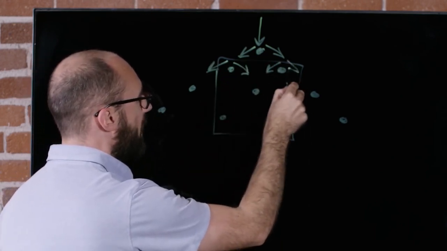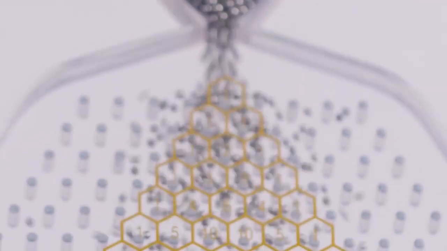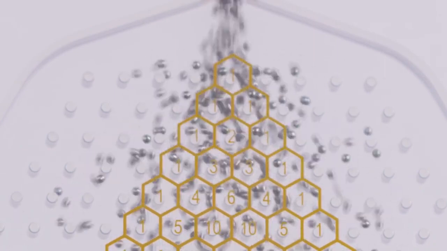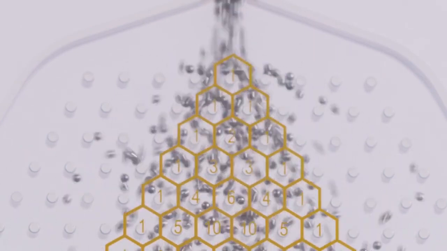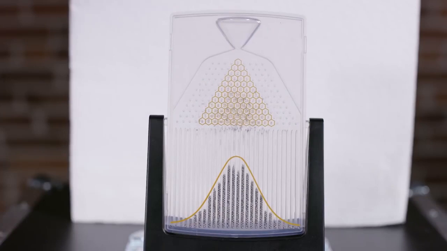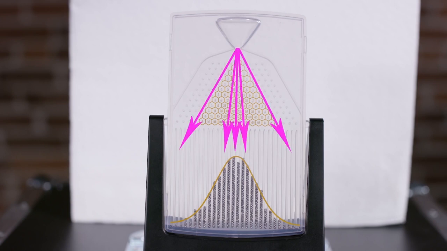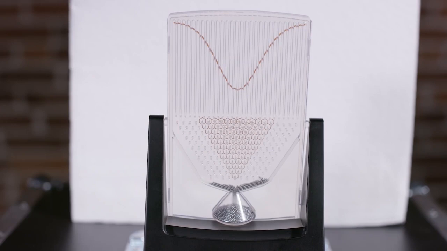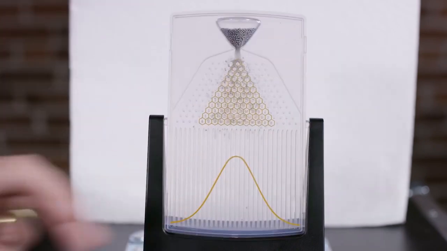Left or right. Now, because at each peg a left or right bounce is equally likely, in the long run, across a large number of trials, we expect balls whose complete paths contain about the same number of left and right turns to be the most common, which means we expect more balls to wind up pretty much right below where they started, and many fewer on the edges, which corresponds to having way more of one kind of bounce than the other. We don't know where any individual ball will wind up, but we can say something about how